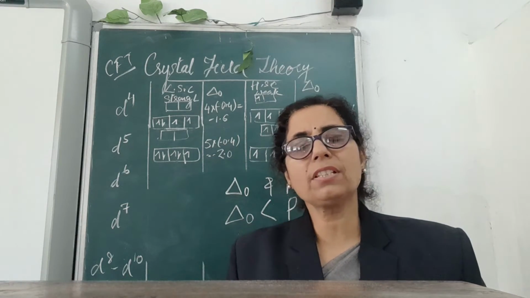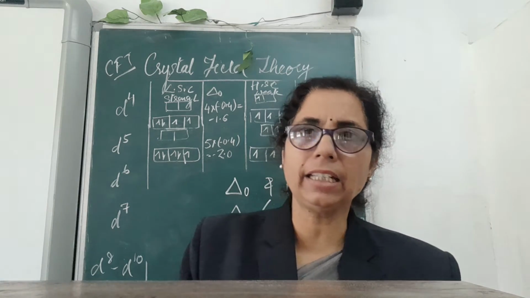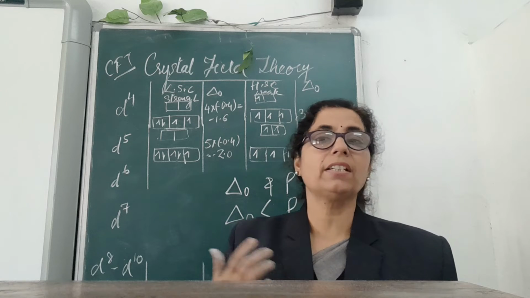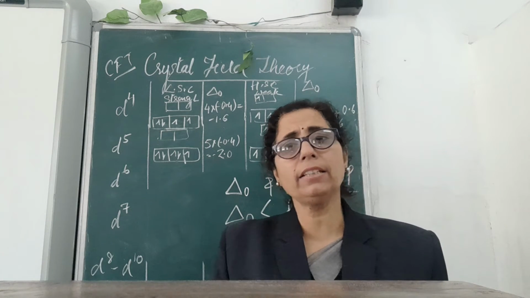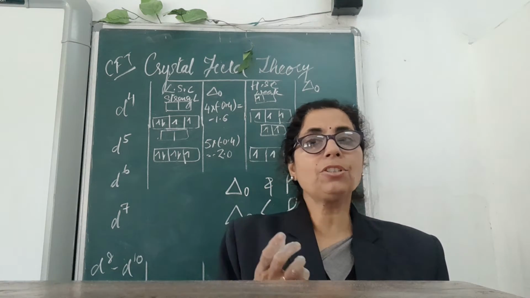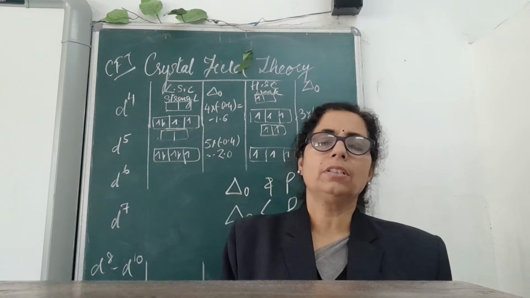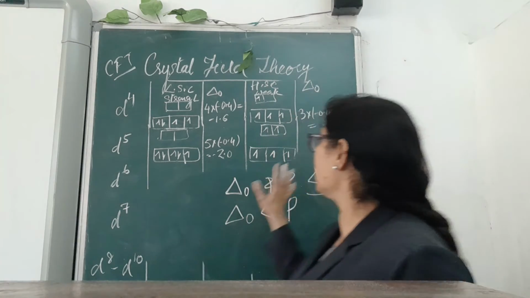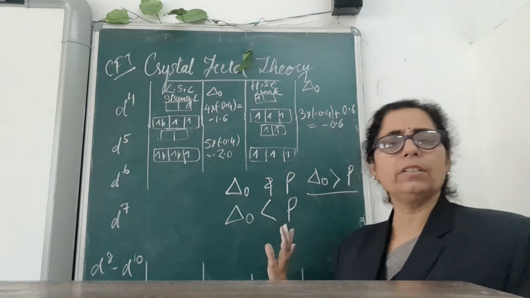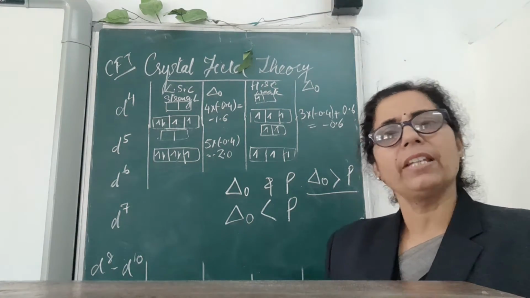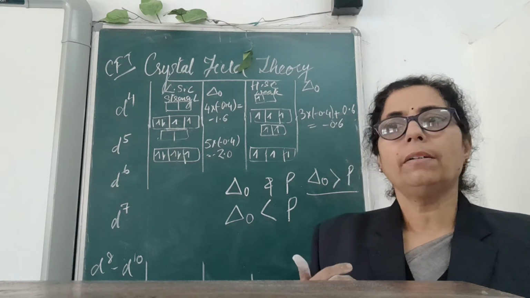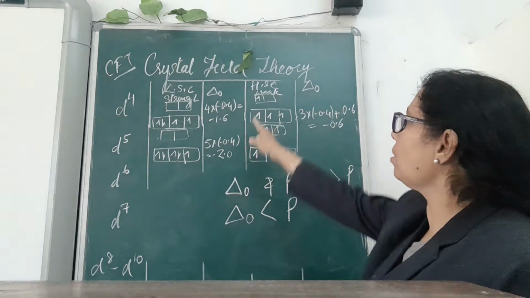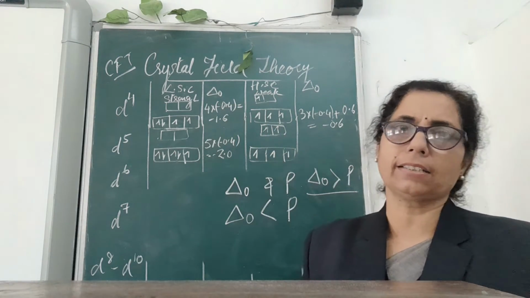Now another point which is there in the syllabus is the magnetic behavior. Magnetic behavior, whether it is paramagnetic, diamagnetic or any other magnetic character which an element shows, depends upon the number of unpaired electrons present in it. With this it is very much clear. Crystal field theory clears very nicely when an element will show diamagnetic character and when it will show paramagnetic, and all of it depends upon the type of ligands attached.